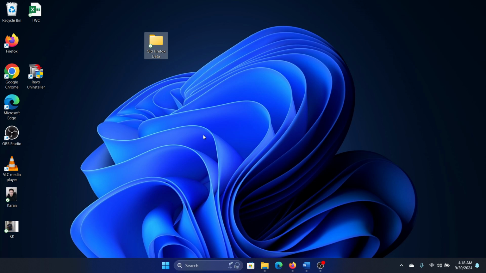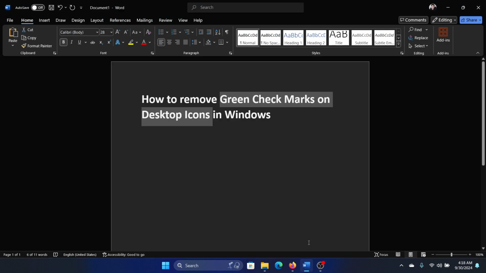Now this doesn't matter, it just means that your file or folder has been downloaded, so you do not need to fix anything here. But if you really want to get rid of this, like really want to get rid